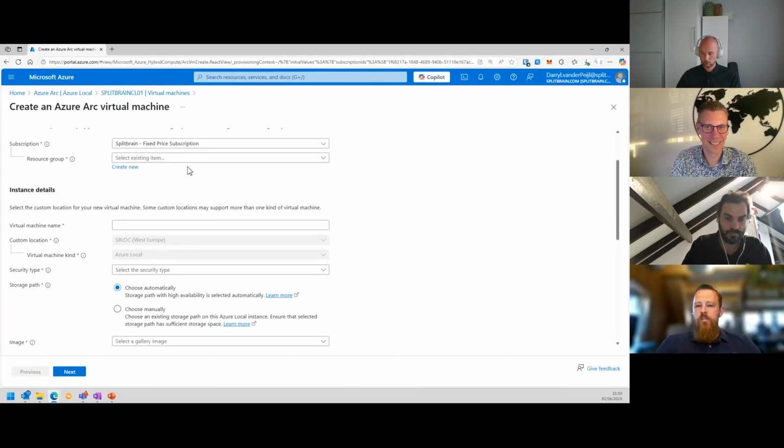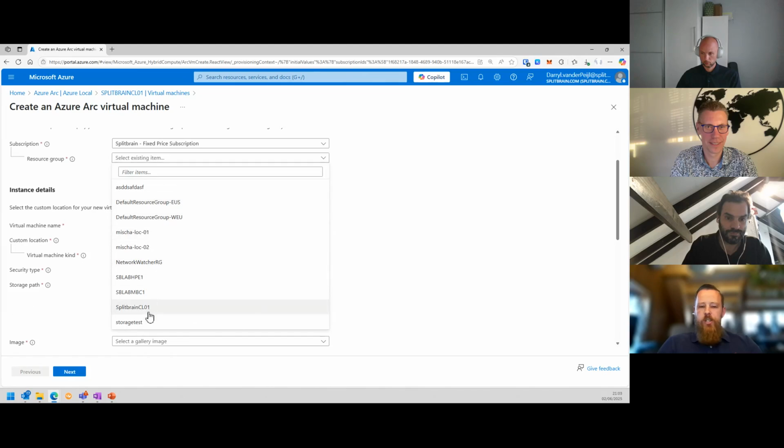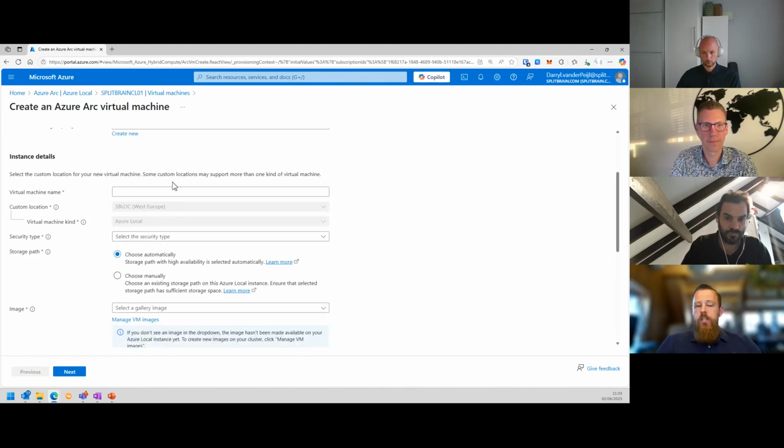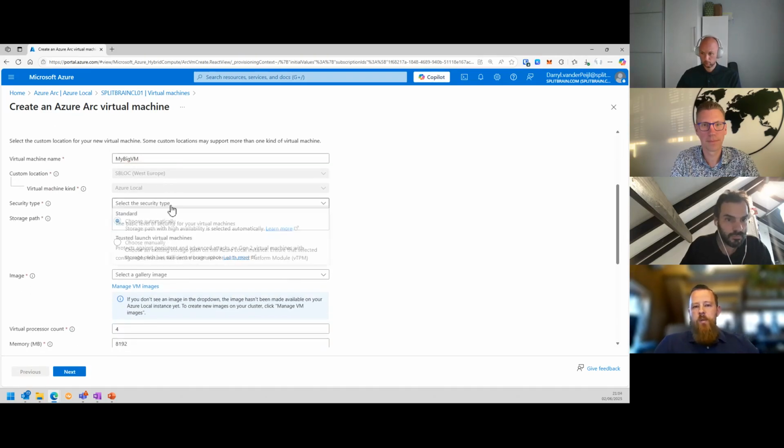It may be good to give some extra information while you click through this page. Where in Azure Public you are tied to different t-shirt sizes, let's call them that, D-series VMs, M-series VMs, that's not a limitation you have on Azure Local. So on Azure Local, it's maybe more the classic way, where you can select the amount of cores and the amount of memory you want to allocate to your virtual machine.